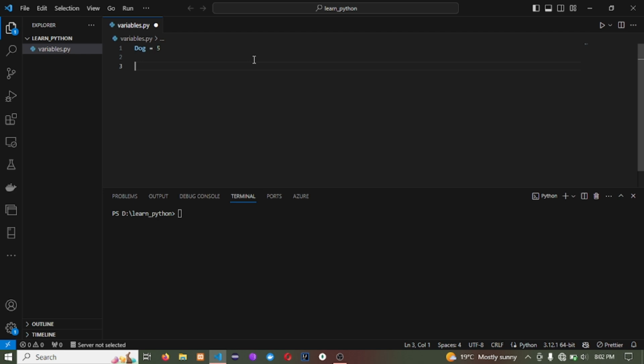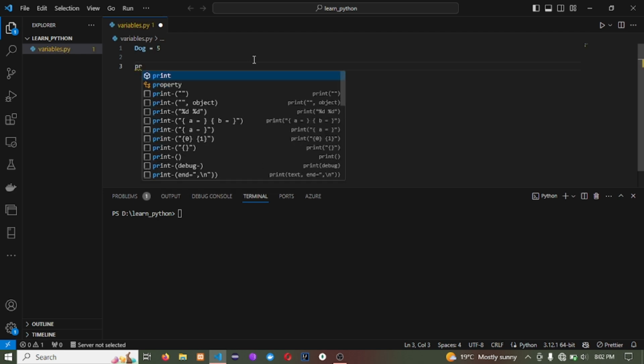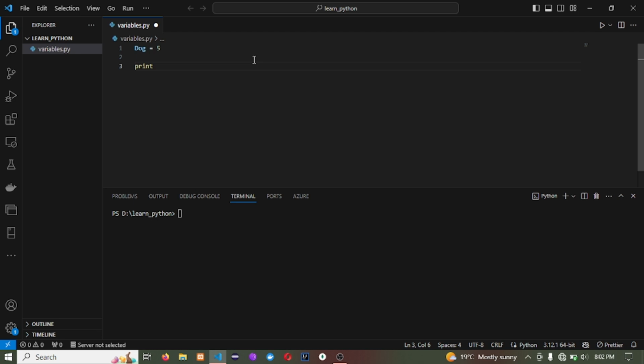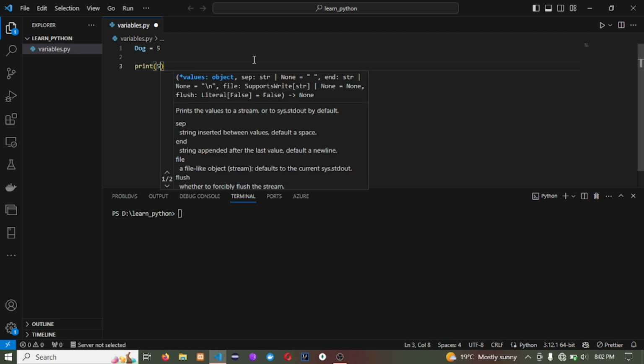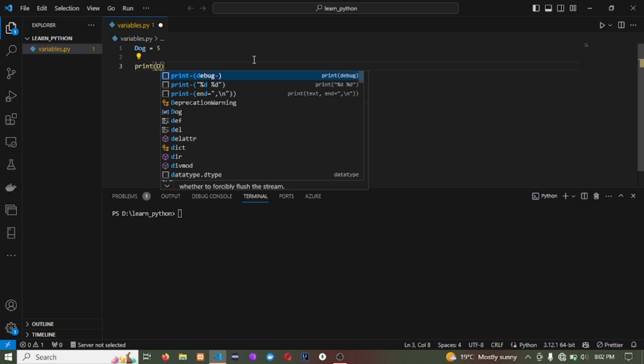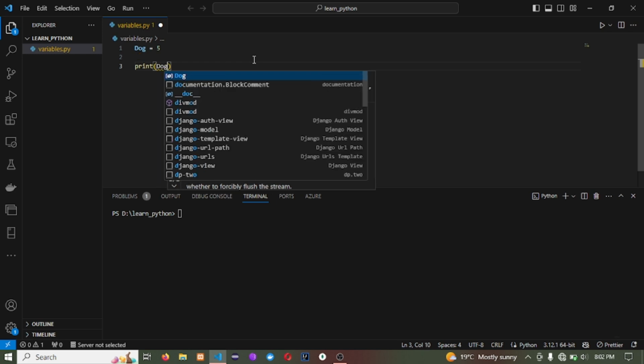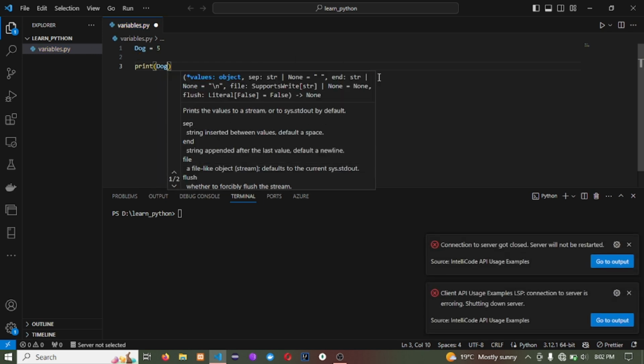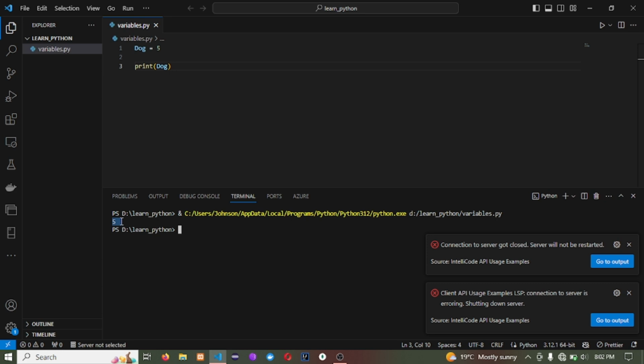If I need to print out the number, I just write the print keyword and then pass in not 5 but pass in dog. Once I pass in dog here like that, I'm going to click on this button here to run, and you can see it displays 5 here, which means I have managed to create